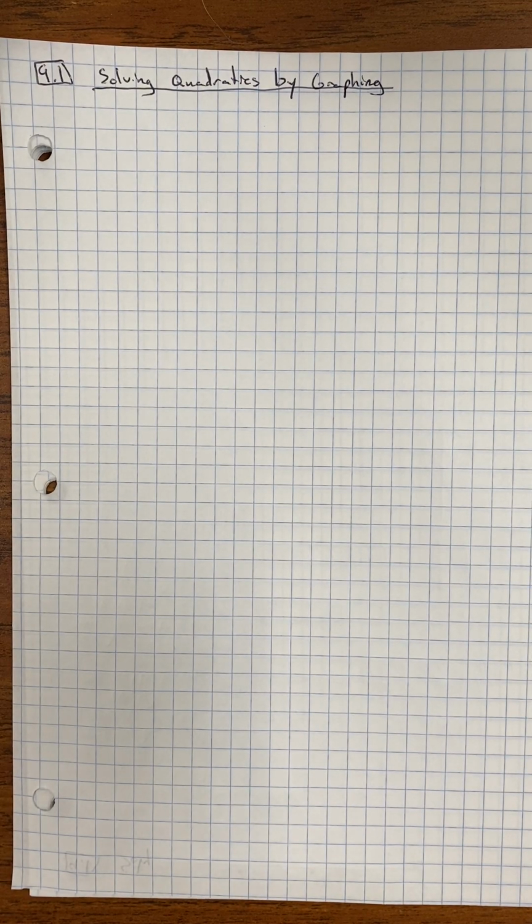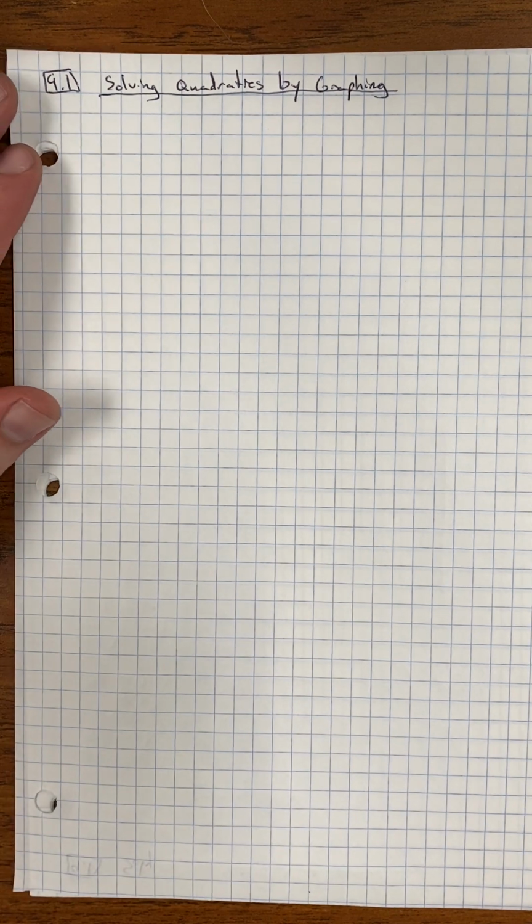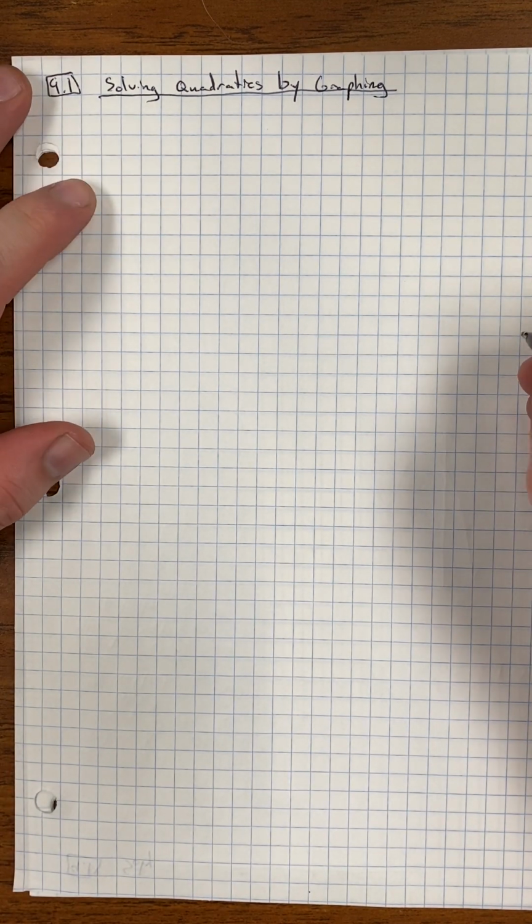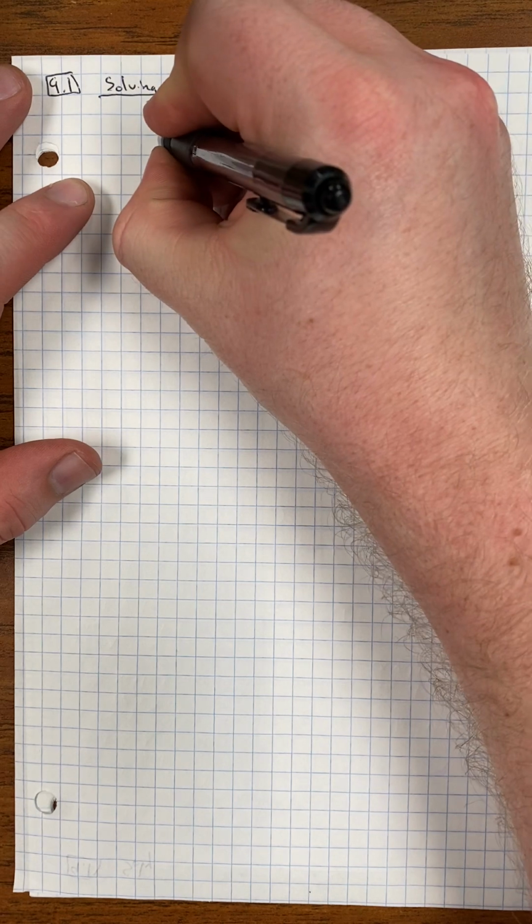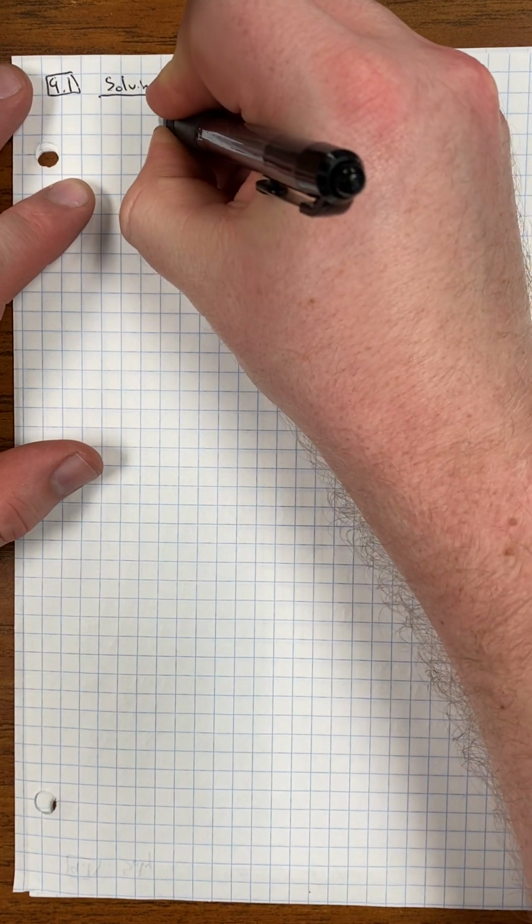All right, so today we are going to be doing 9.1, solving quadratics by graphing. The goal here is to basically use what we were doing in chapter 8 to help us solve these quadratics that we've been working with. And just to give a preview of what we're looking for here, if we know how to graph a quadratic,